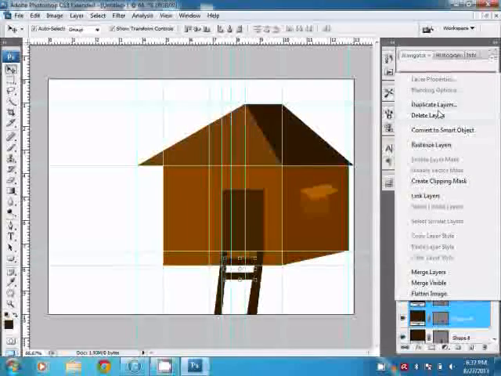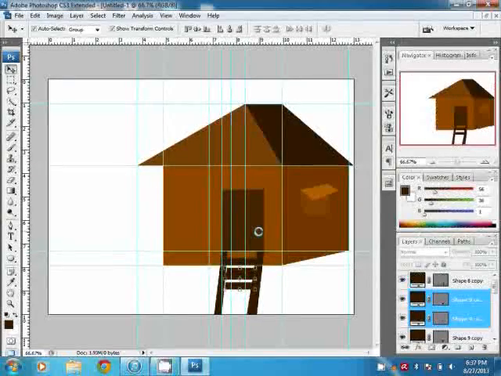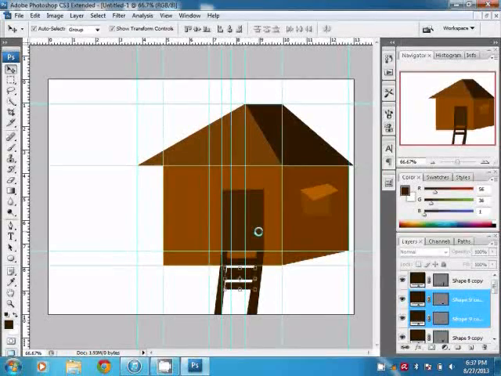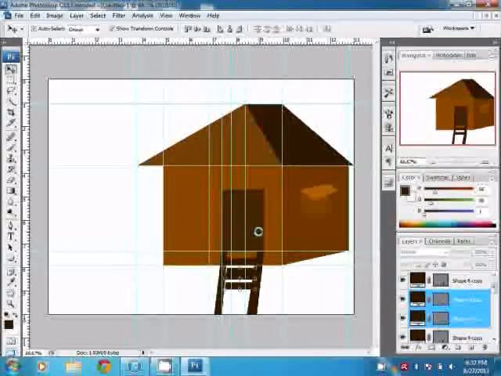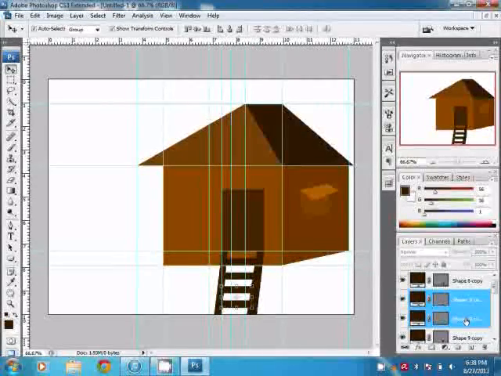Duplicate again until you reach the end of the ladder. Now that we've created the ladder,